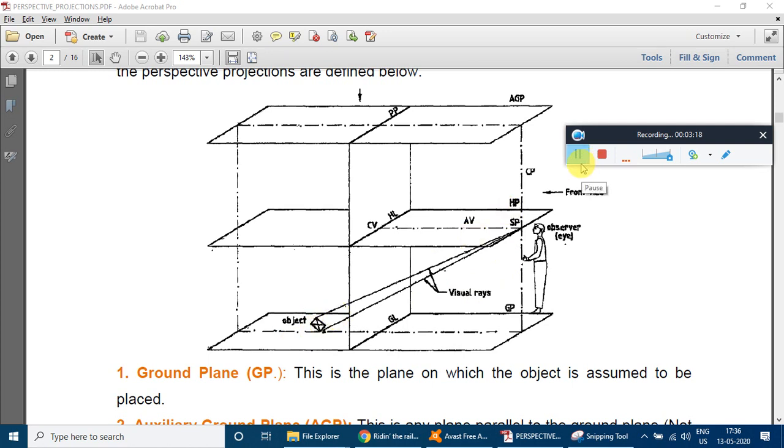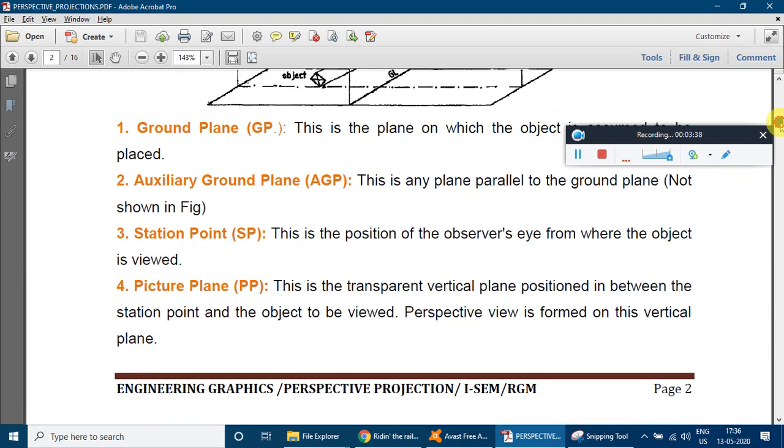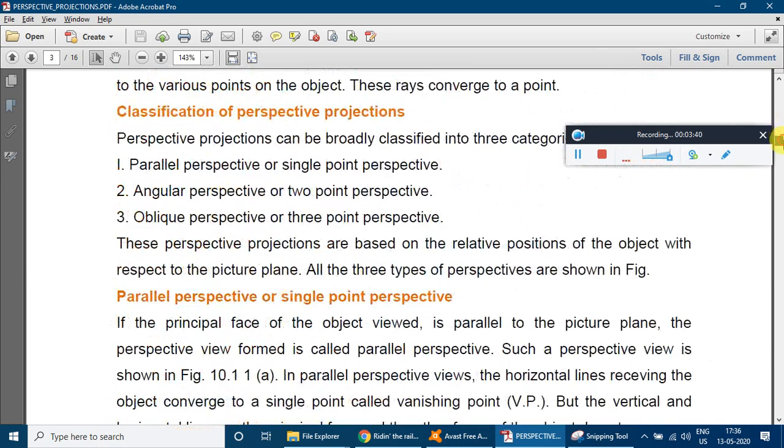When we know the projection of a line, we know that a certain amount of rays will be projected to an observer point, so that is the visual ray. Okay. So the object is placed in the third quadrant. While drawing also we will be considering the third quadrant, and we will further move with the diagrams. The abbreviations and the basic introduction of all these will be given in your standard notes.